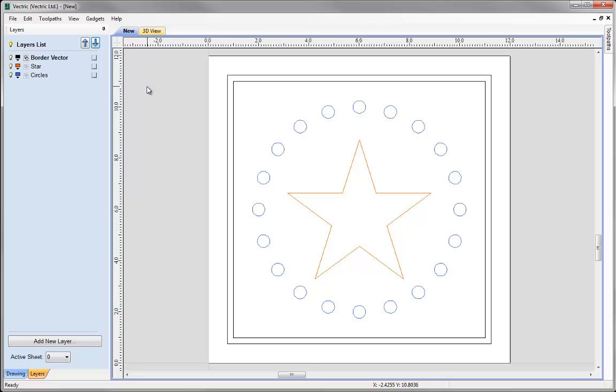Another option we can choose from the menu, if we click here on the menu for the circles layer, is to insert a new layer, and that will be placed immediately above the layer you've clicked on in the list. So there it's asking me to provide a name for that if I want. I'm just going to accept the name there,